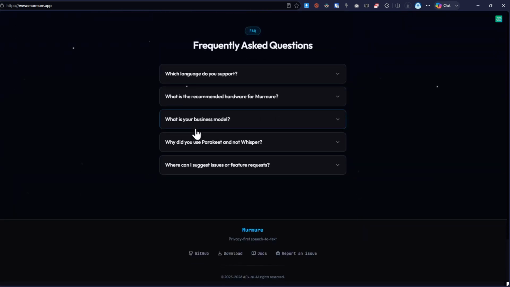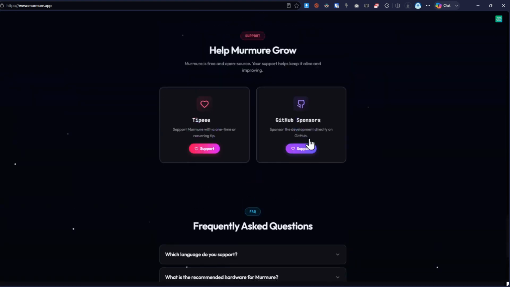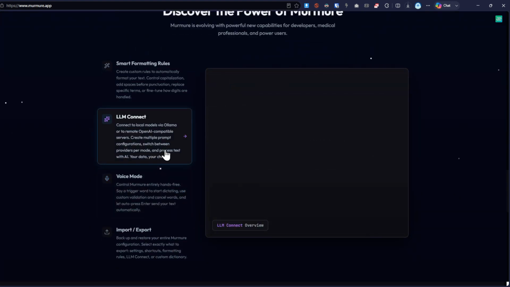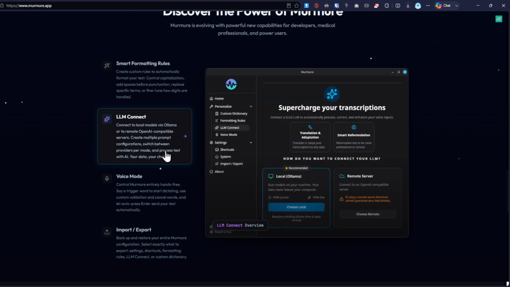I'm sure it was developed by a solo developer, an indie developer, and so it really addresses the problem of recording meetings and having them on your computer. So there are other tools as well which work in a similar manner, but for the most part they require you to send your data online so that it can be processed online and returned to you. So I really appreciate this tool and this main feature of privacy where you can have your data fully offline,